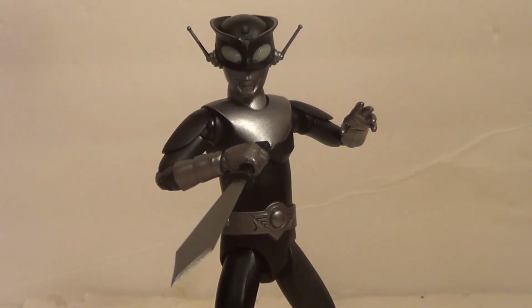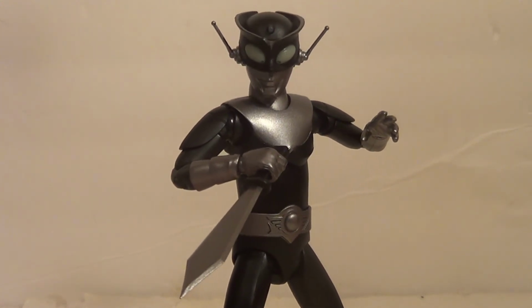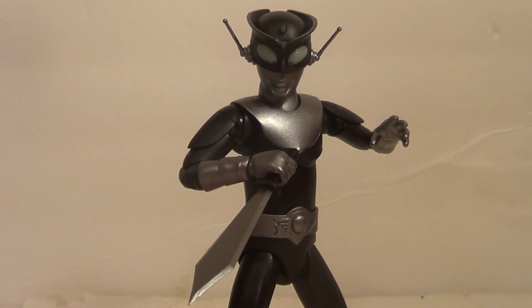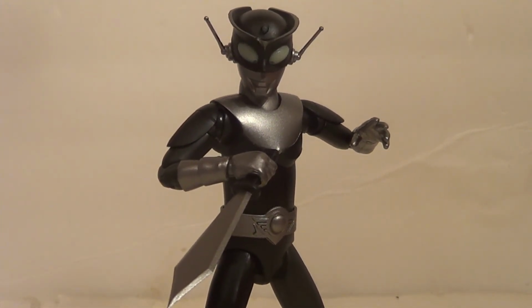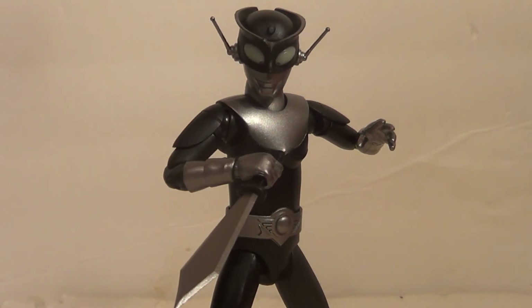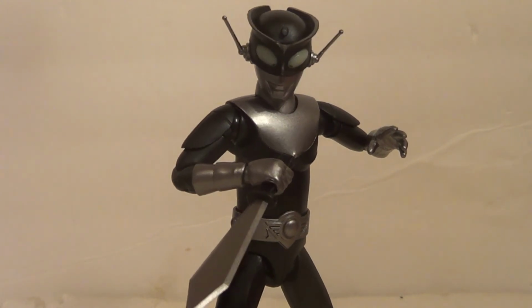But he's really cool, don't you think? You know, I wish I had a regular Redman as well to put up against him. Maybe one day we'll get like a nice vinyl Redman or something that doesn't cost a fortune. But until then, you know, this is our guy right here. And I do really like him. I do have an idea for him for G&G. I think his detail and paint are great. His articulation could be a little better. Like, it's really good articulation, but...